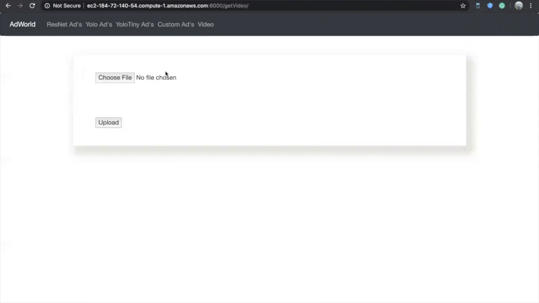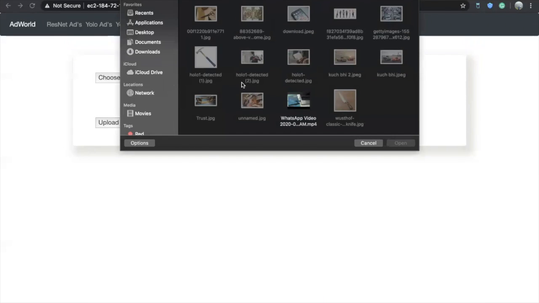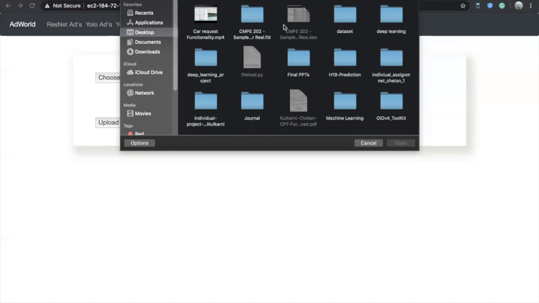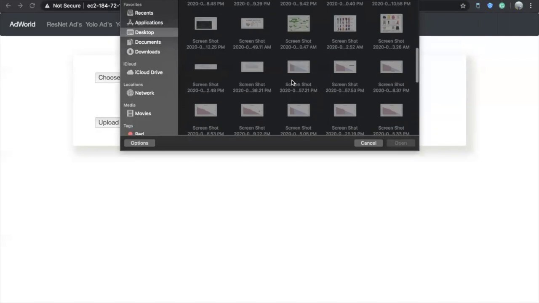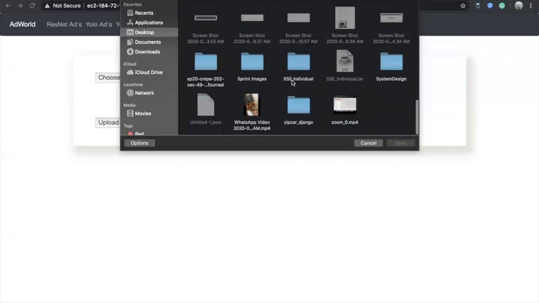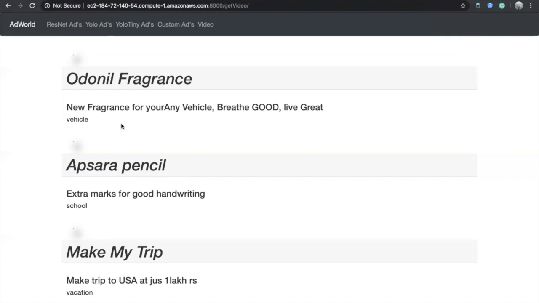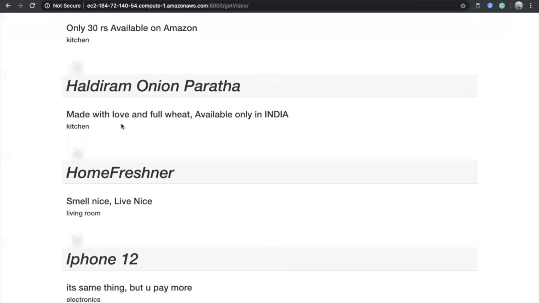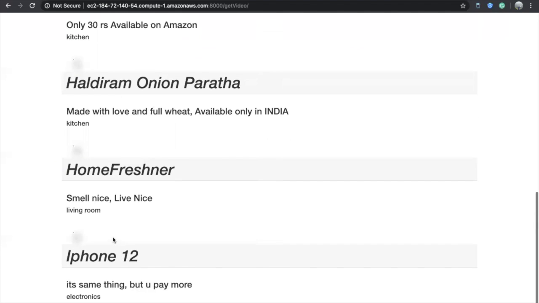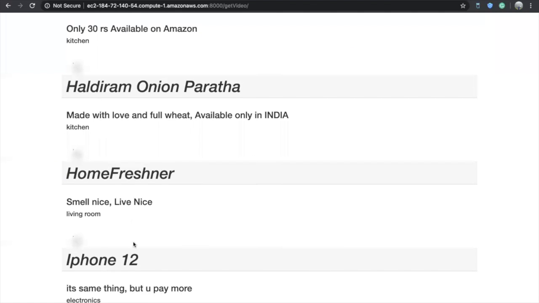This is a video input example. If I give a video, coming to this, these are the items that we could identify, and these are the advertisements.